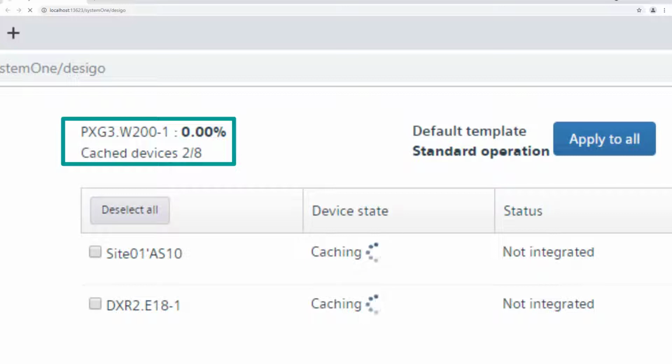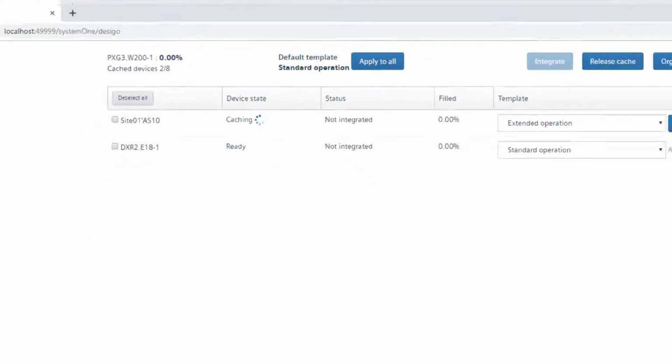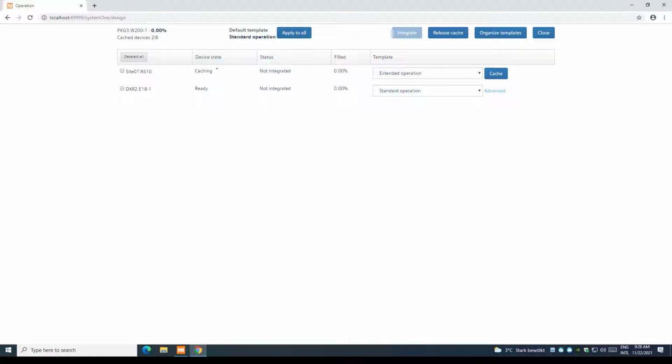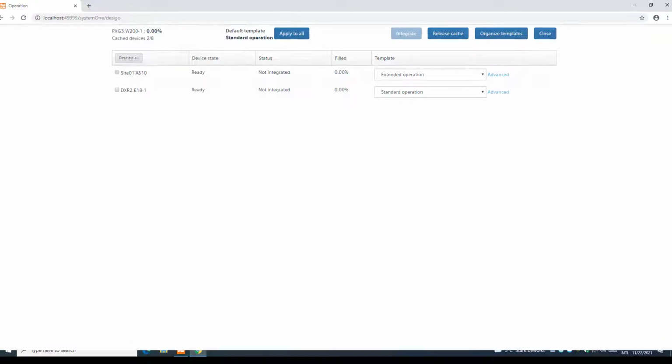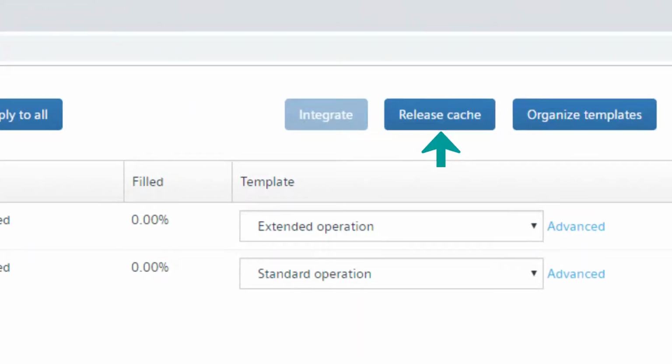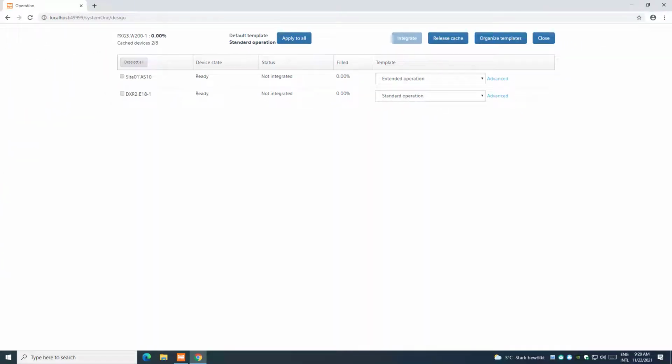In case we have more than 8 devices, it's required to proceed stepwise. Caching of the devices requires memory of the DCGO control point device. The memory can be manually released by clicking the specific command, Release Cache. After that, the device can be cached again to read the content and change the data point selection for the integration. Due to the fact the cache of the device depends on the number of the BACnet objects, the cache operation can take several minutes.